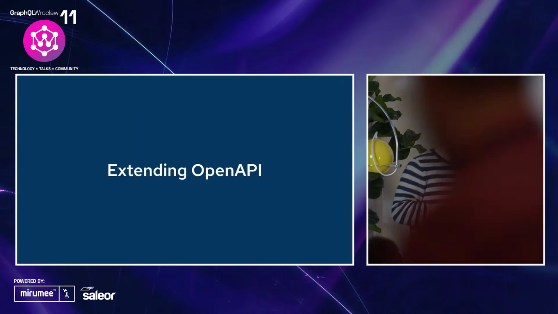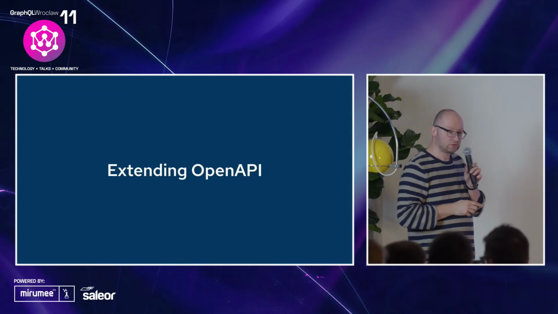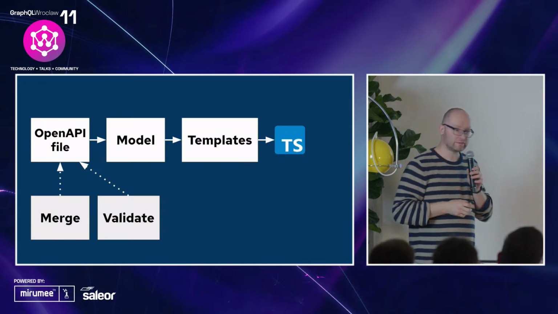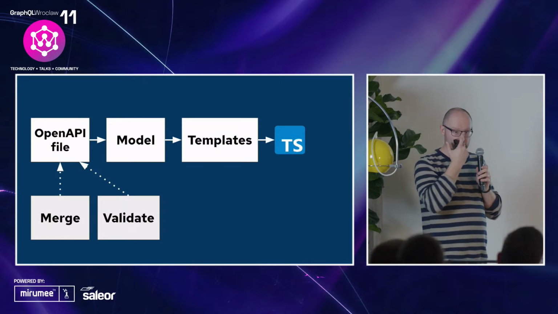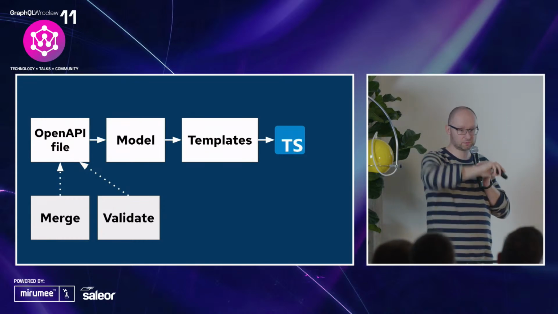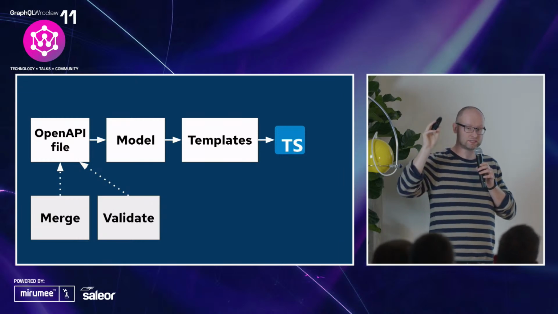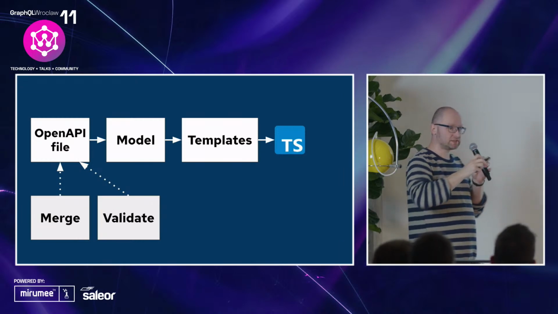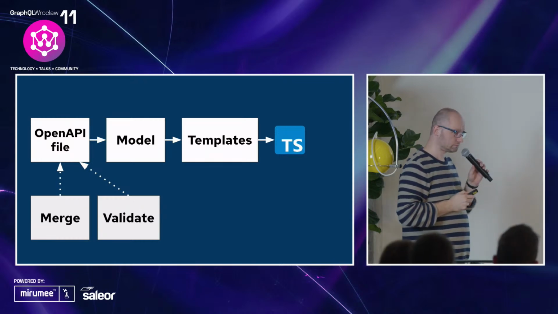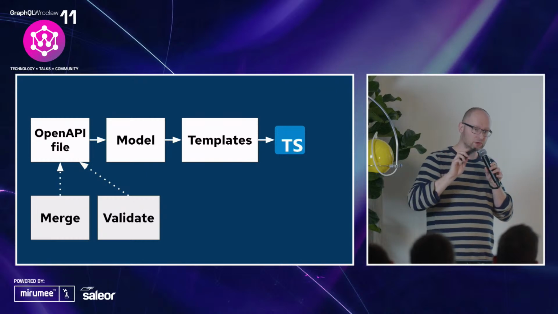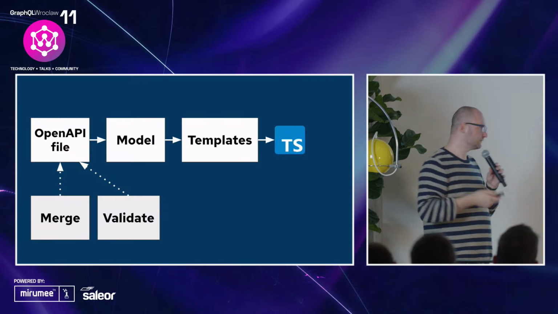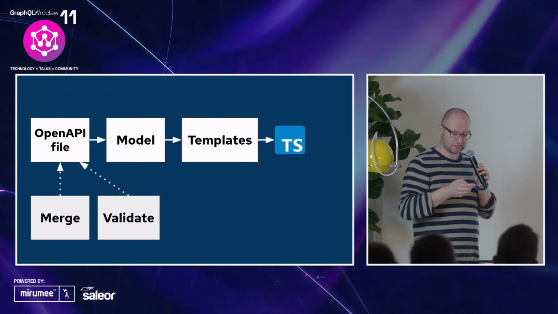So let's talk about how we can extend OpenAPI to make it at least look like GraphQL. First of all, we need the ability to merge these OpenAPI files, because imagine that you have multiple backends, and each of these backends is exposed to a gateway and interacting with that gateway. You really want to know what your overall API will be, not just the microservices on their own. It's also very important to validate. Remember, OpenAPI itself can be written by a person, so we need a way to check that it meets the standards and that the OpenAPI is valid.